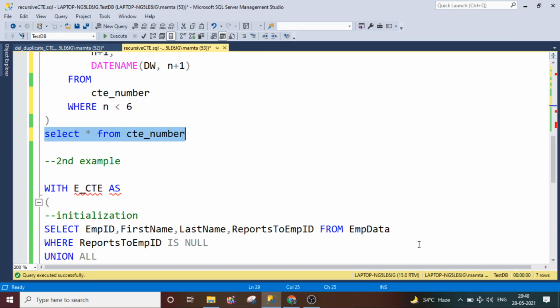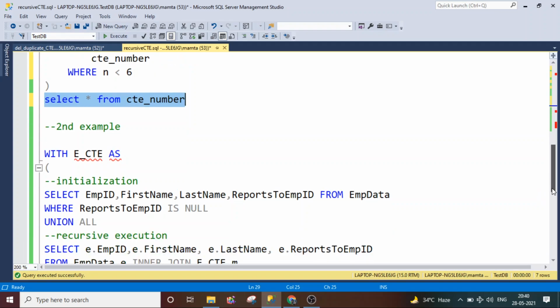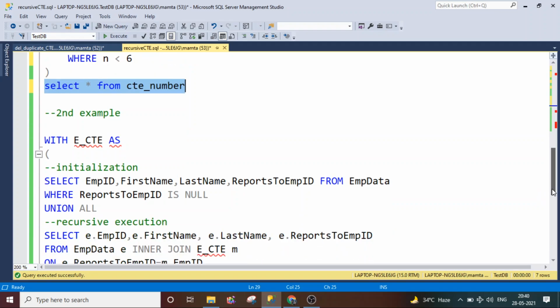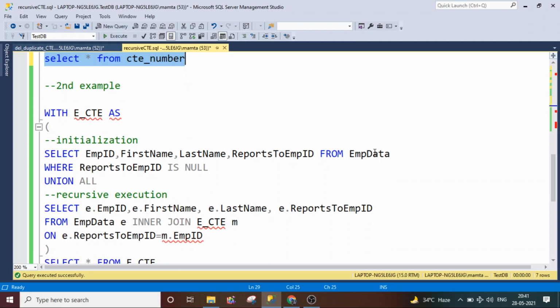So I have given a simple example so that the concept will be clear. Now, in a practical or real scenario where you can use it, let's say in your database you have hierarchical data, like in your organization you have employees and managers, with the data in the same table. Let's say you have an employee data table where you have employee ID, first name, last name, and the ID of the person this employee reports to.